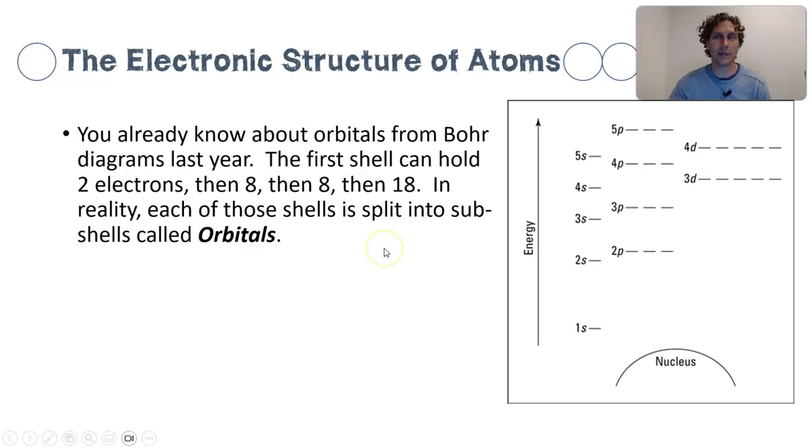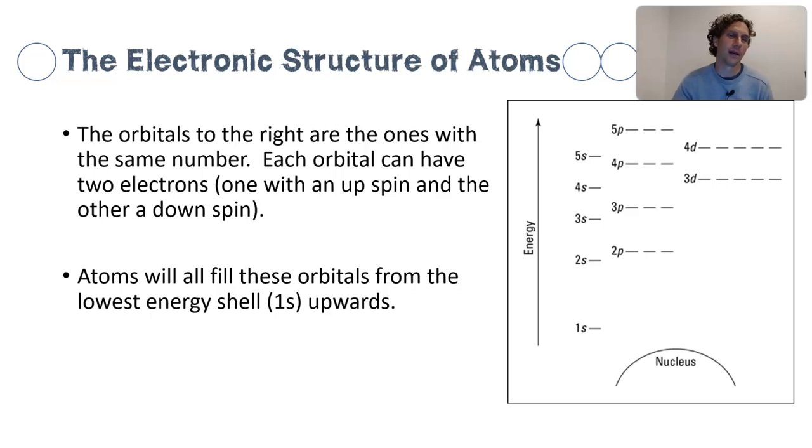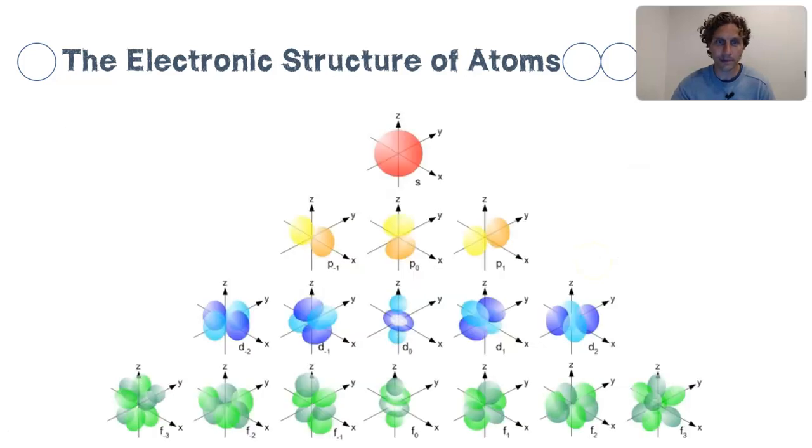Okay, and so we get this sense that it's a bit more complicated than we first learned back in Science 9 or Science 8. So atoms will all fill these orbitals from the lowest energy shell, 1s, upwards with electrons. So 1s has to be full before we put electrons in the 2s orbital. And so these orbitals, they have different